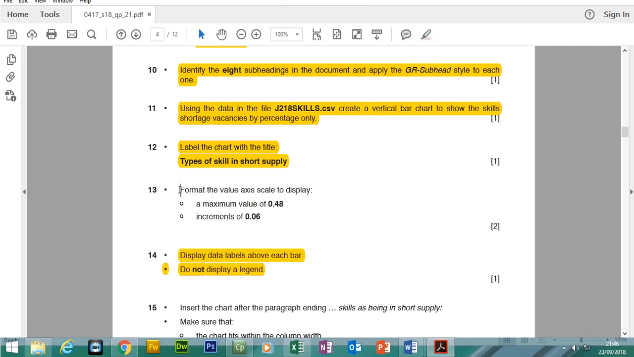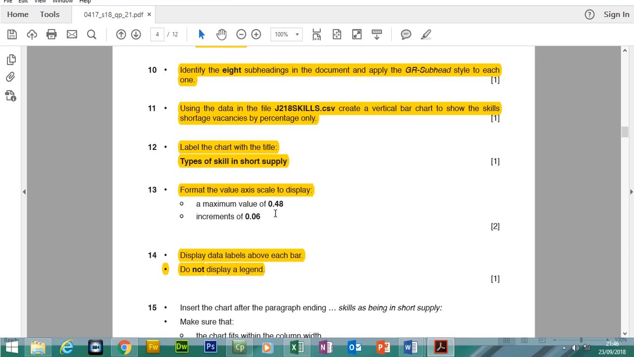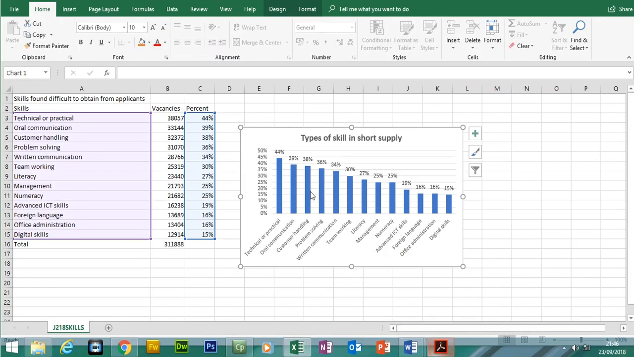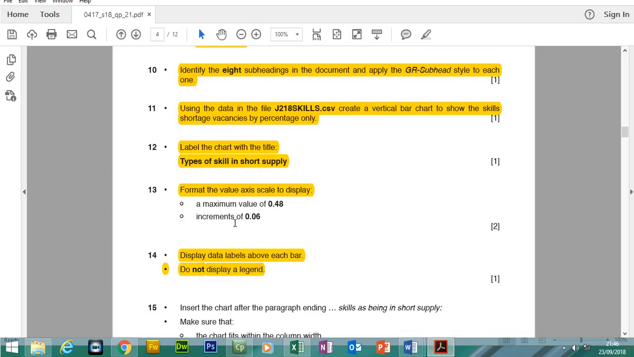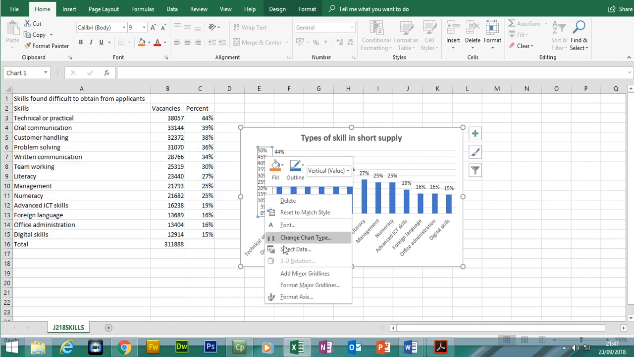Now we have to format the axes. This has come up maybe once or twice before now. So the maximum value will be 0.48. If that was a percentage, it would be 48%. And we're going to be incrementing by 6%. So this is the axis which we have to format. If you highlight it and right click,